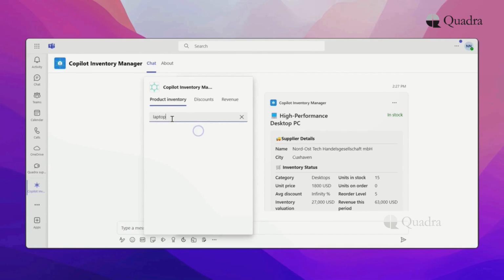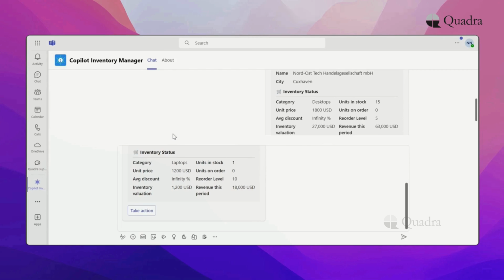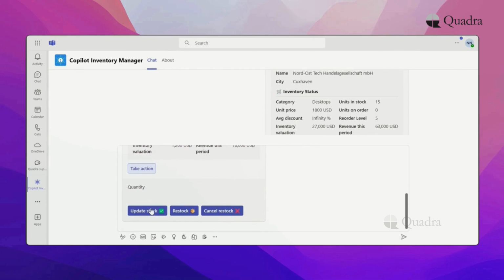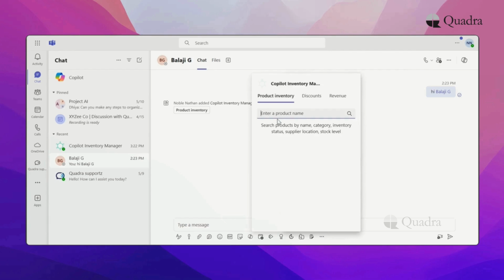All team members can effortlessly access item details by clicking on the Copilot Inventory Manager and quickly find what they need in the search bar. The team will have access to take action on modifications in quantity, price, availability, or any other update. Need to share inventory details with a colleague? You don't need to toggle between your chat and the app. Simply search the inventory in the search bar, for example, Bluetooth wireless earbuds, and all the relevant details will appear on the screen to share.